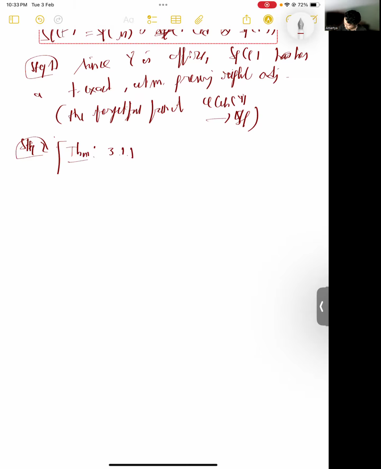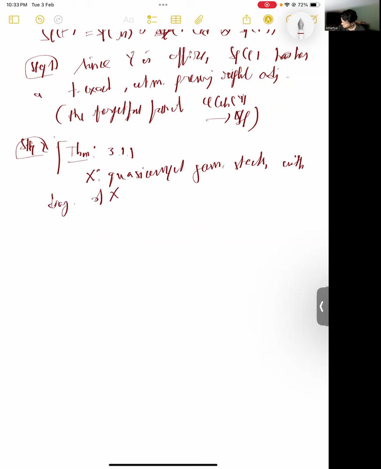It states that X is a quasi-compact geometric stack with diagonal of X, you see QS relative algebraic space. Then